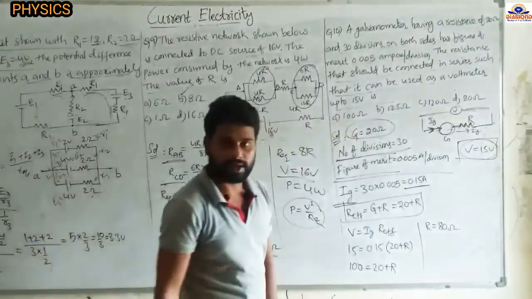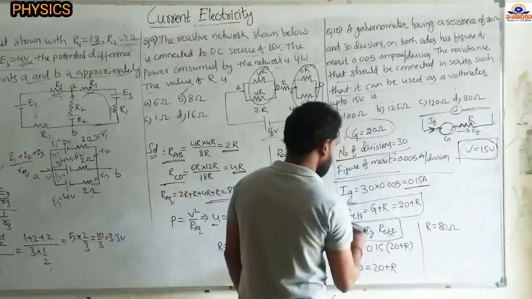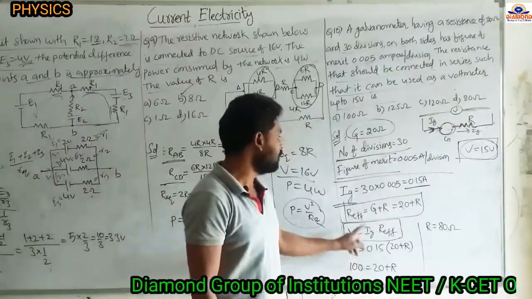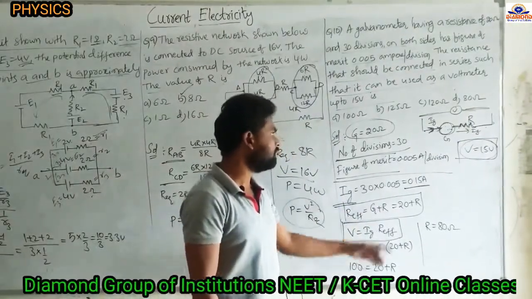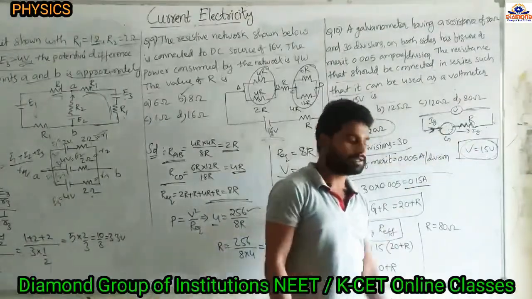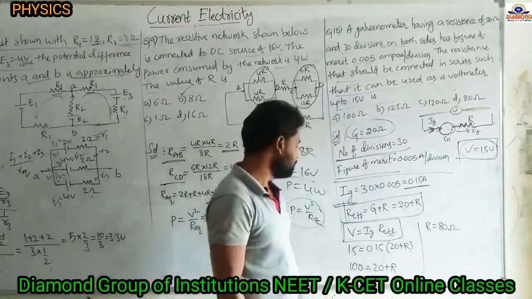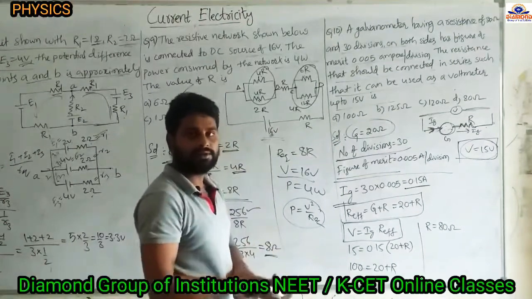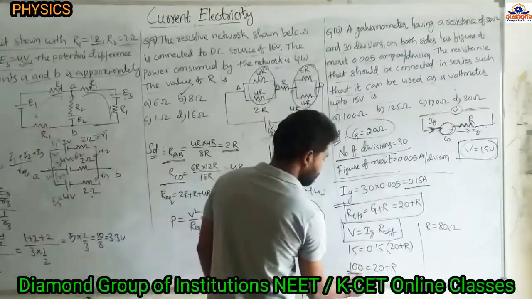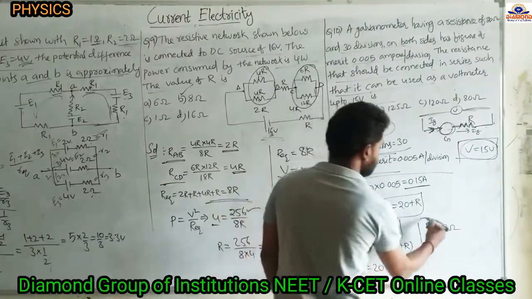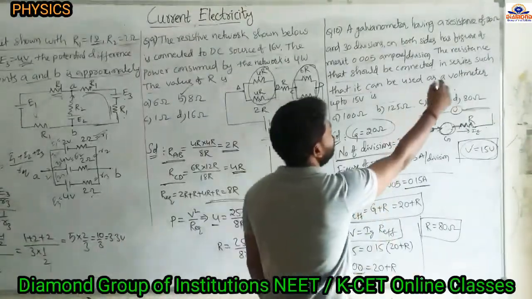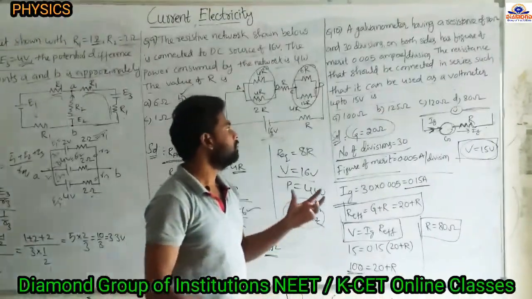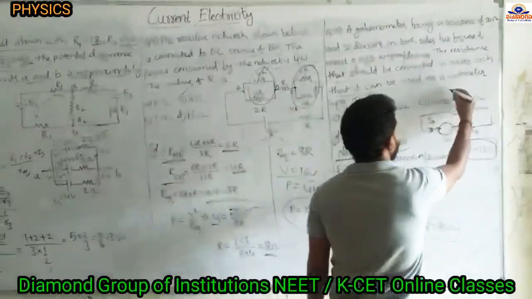From Ohm's law, V equals I into R. So V equals the current Ig, and R is the effective resistance of that circuit. V is given as 15 volt, current Ig equals 0.15 amperes, and R effective equals G plus R, both connected in series, so 20 plus R. For simplification, send 0.15 to this side, so 15 divided by 0.15 is 100. We get 100 equals 20 plus R, send 20 to this side, so R equals 80 ohms. So we have to connect a resistance of 80 ohm in series with the galvanometer, then it can measure the voltage up to 15 volt. The answer 80 ohm is the right answer.